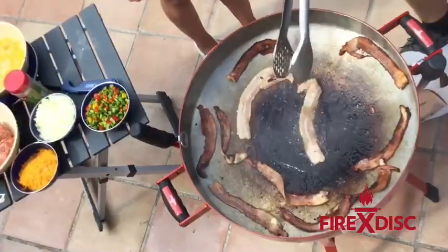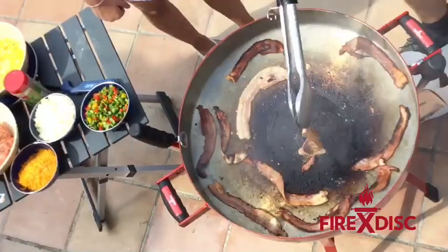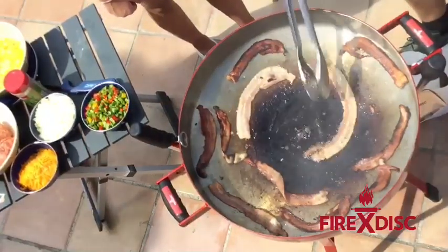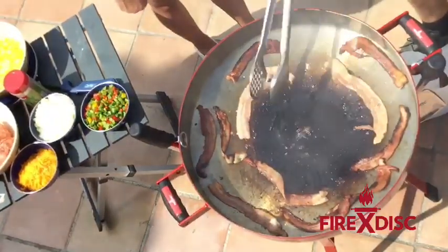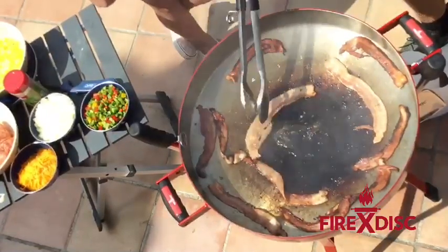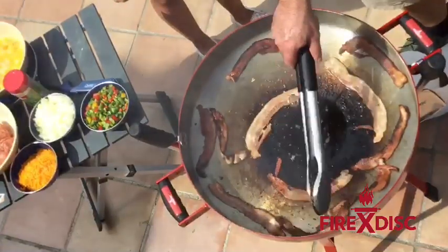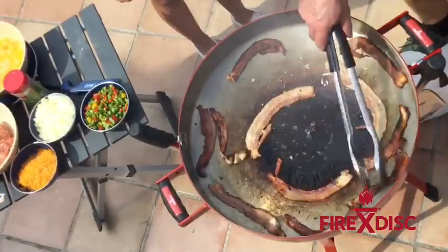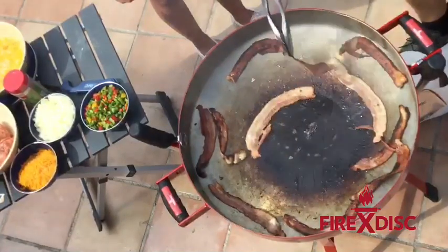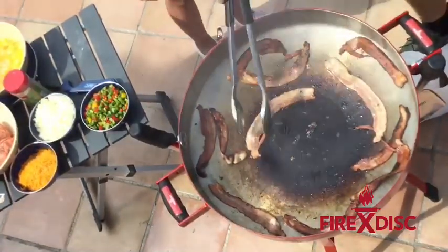And it takes a little bit of time to get used to cooking on the fire disc. It's different than any other cooking device you'll see out there. So understanding the heat zones and how long to keep them in what spot and where to slide them up during the process, that's something that we are really trying to teach people how to do,